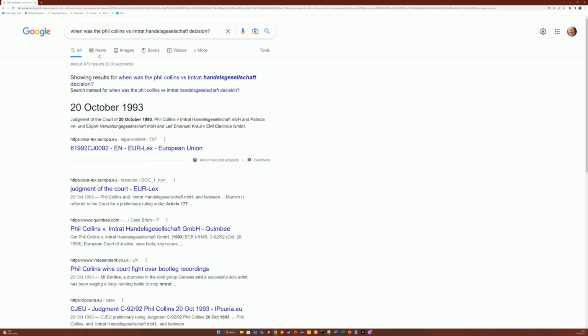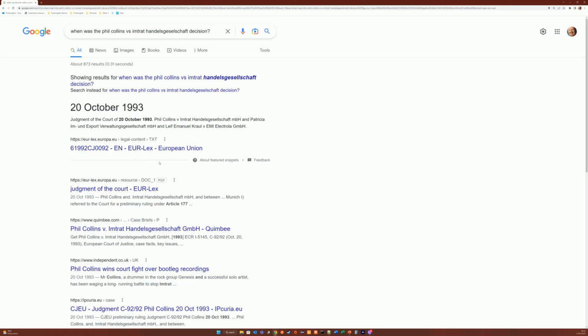So in this case, the system has gone quite deep into the European Union dataset, and it's found this object. And this object is essentially saying that the date of the judgment of that specific case was the 20th of October 1993. And here, because now we understand the tricks, it's all about featured snippets. So this data has been snipped out of the dataset, actually quite deep within the European Union Publications Office dataset by Google.